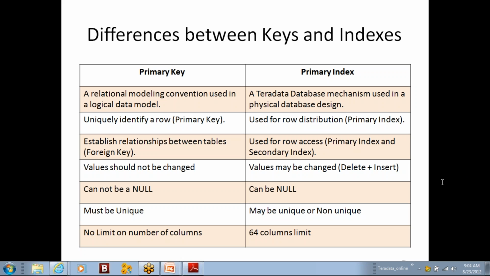Okay, so by the time you install the software, you can practice: create different types of indexes, insert values, and see how the data distribution happens in the table. Everything you can do, and retrieval also. We have an EXPLAIN utility through which you can see the optimizer plan to execute the query. There you can also see how many AMPs it is going to access. Is it a single AMP operation, a two AMP operation, or a multi AMP operation? We can see everything practically when we start our practical sessions.